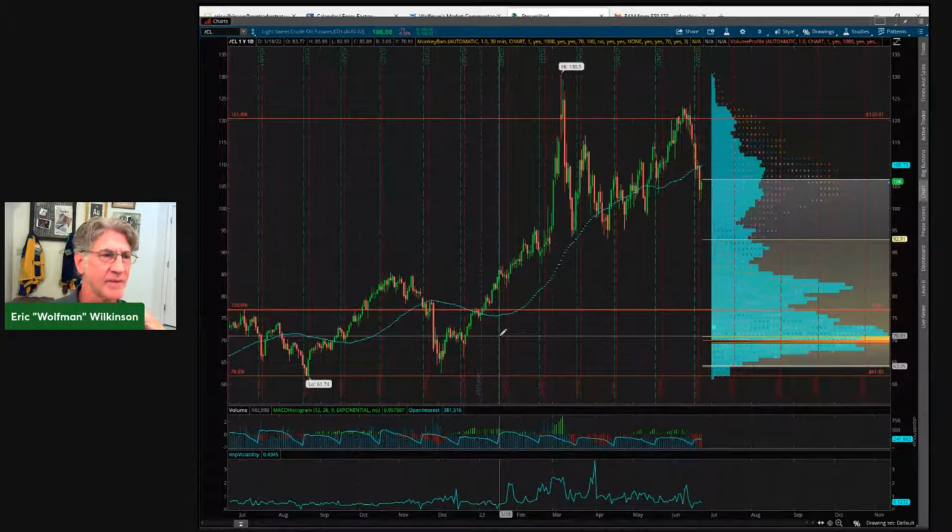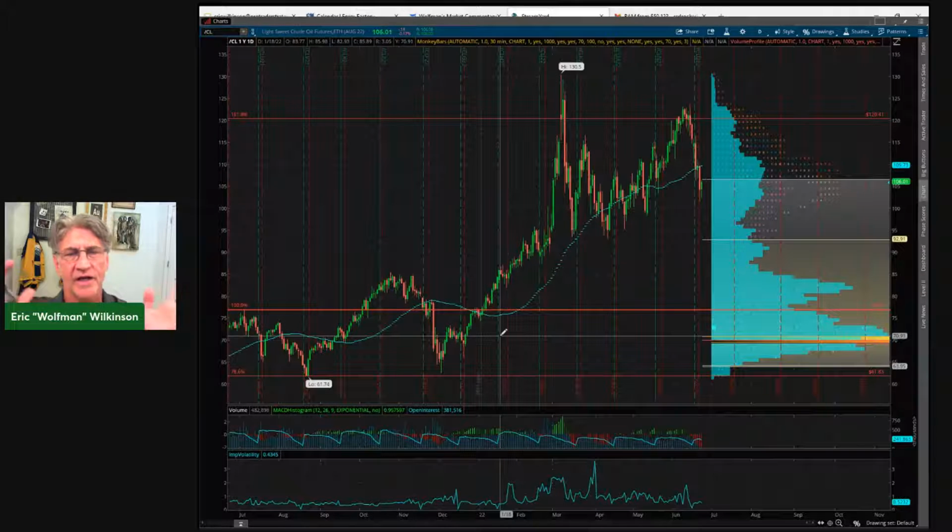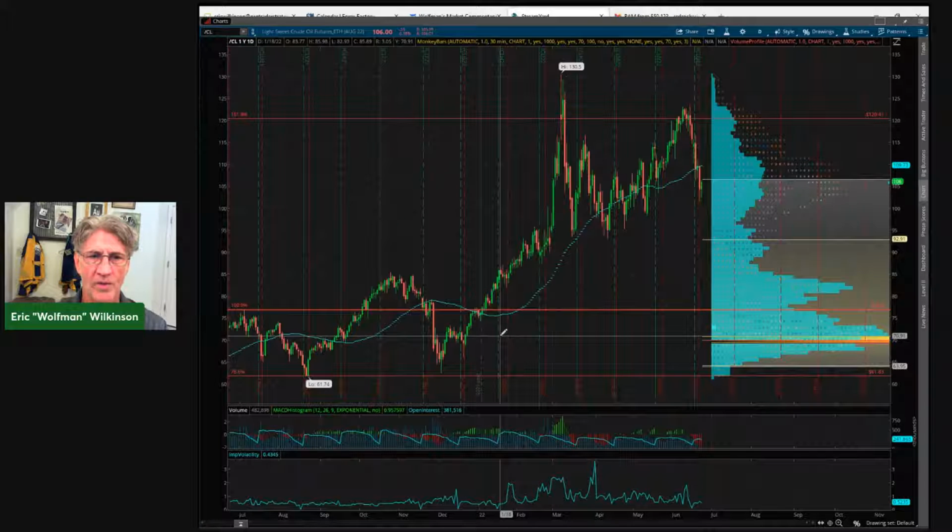Talking about crude oil here, it's making a bit of a move to the upside. Yesterday, the last couple of days, we've been hearing about what we're going to do about getting these prices lower in crude oil. We've heard about the national holiday lifting of that 18 cents a gallon tax. Well, that's going to help you and I a little bit, but it's really not going to make up for this massive cost that we're paying for crude oil and gasoline. We really need it back down into double digits rather than in the 100 handle. And hopefully we can get this to start stepping down here.